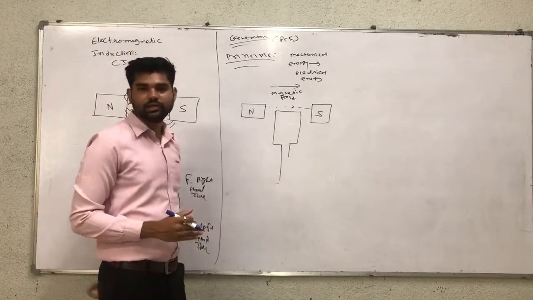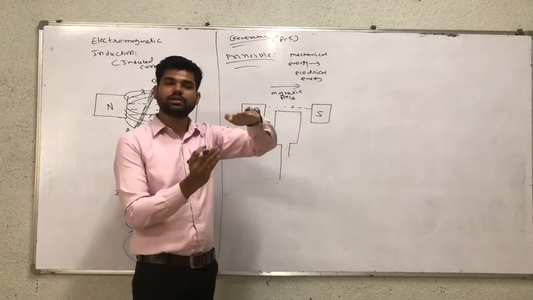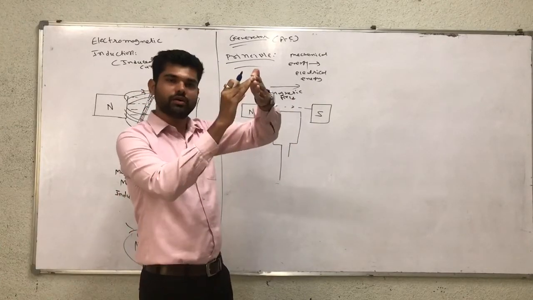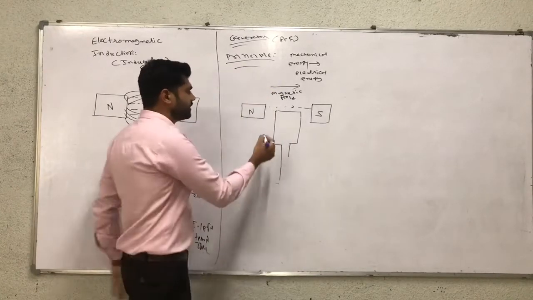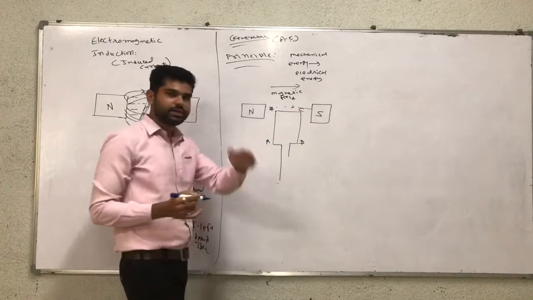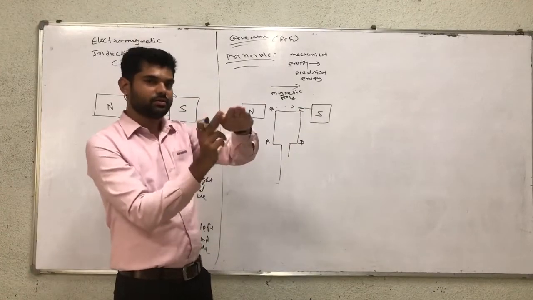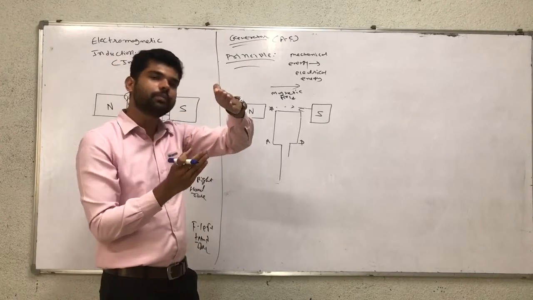The motion of the rectangular coil is in the up direction, because of the rectangular shape. Now the motion is up on one side and down on the other side. So here we can label it A, B and C, D. This is the rectangular electric coil. First, the movement is in the up direction.